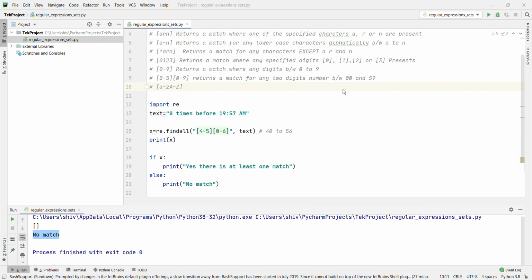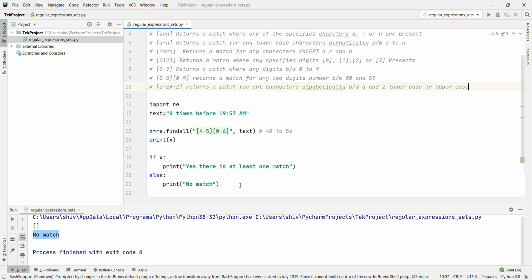It will basically return a match for any character alphabetically between A and Z, lowercase or uppercase. Okay,